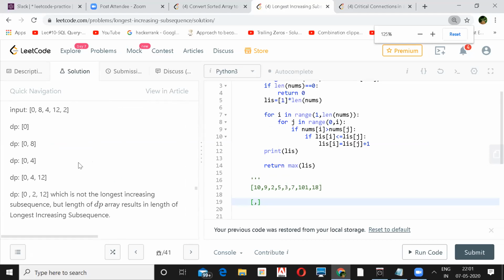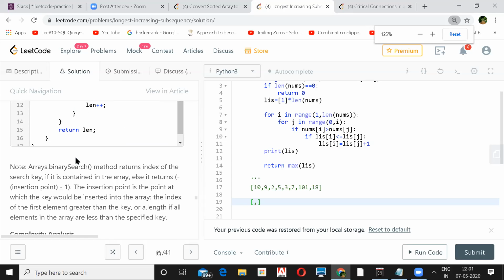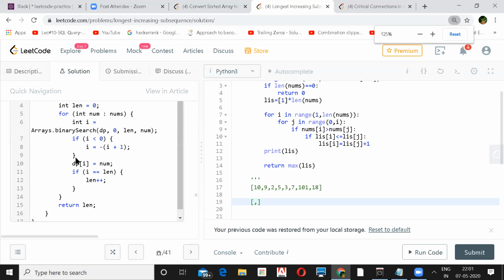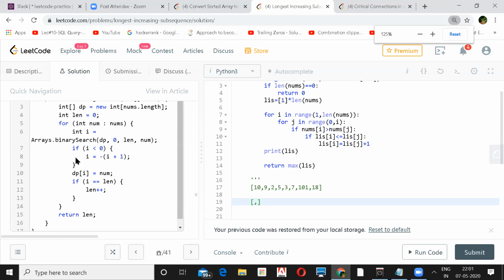Yeah. So whenever he's seeing any greater element than that, he's directly appending it. The moment he finds that the next element is smaller than this, he'll find the appropriate position where that should be placed inside this sorted array. And therefore the solution is n log n. They have this binary search function in Java, but otherwise we will have to implement this. Correct. In C++ you can also use the lower bound or upper bound.